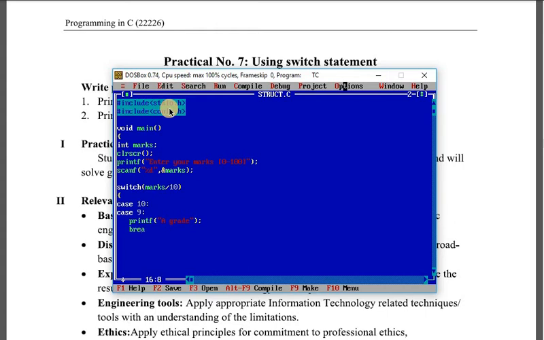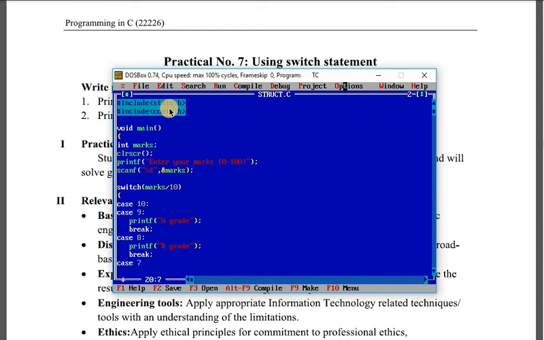After that we need to write the break statement. Next is case 8. If that student gets marks more than 80 but below 90, then he will get the B grade. Now after that the break statement.